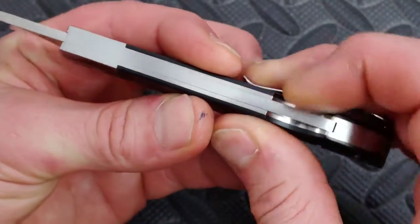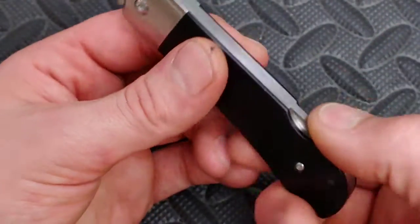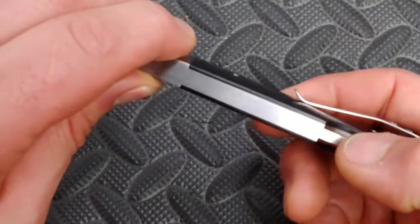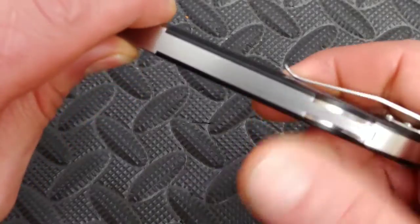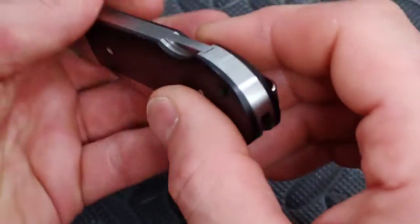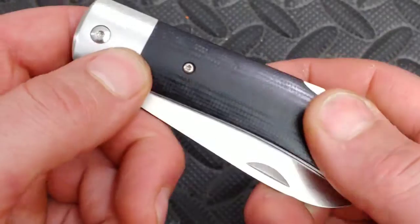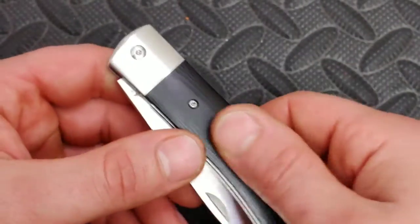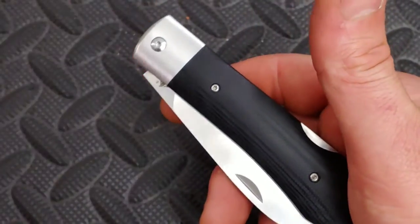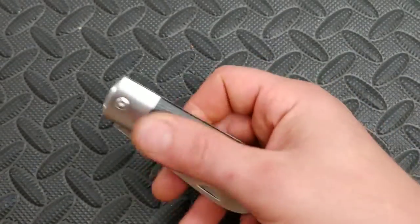Now, not as much back here, but it's still a separate part, so you can imagine it's going to have separation lines, but it's very close. And even back here, all this is nicely, tightly fit. I really like it. I like the quality of the G10. Good G10 here. It's not rough or grippy. It's pretty slick for a work knife. Especially with the name Worker, I would expect it maybe to be a little rougher, but it's not